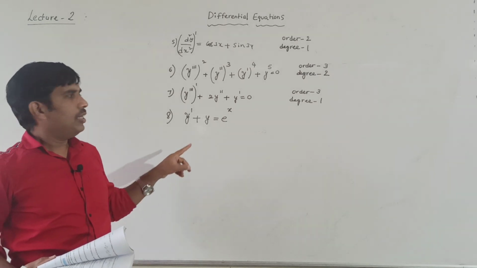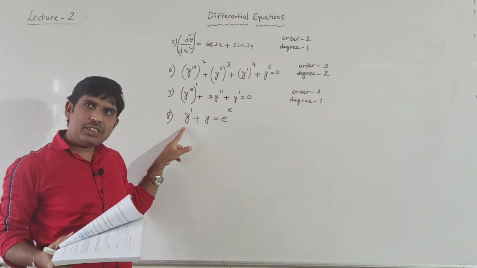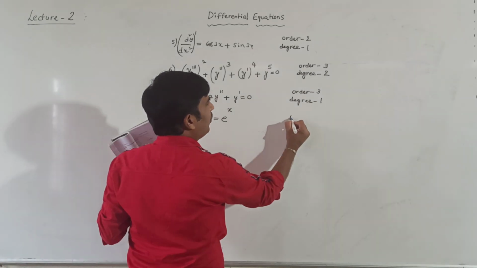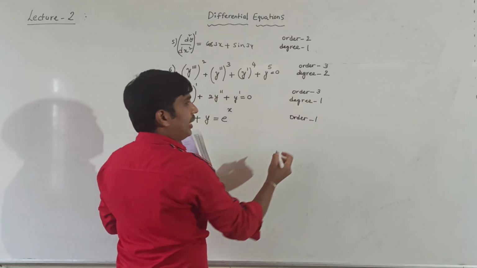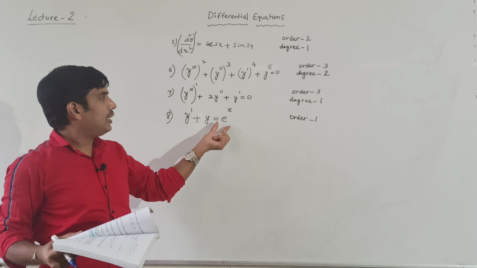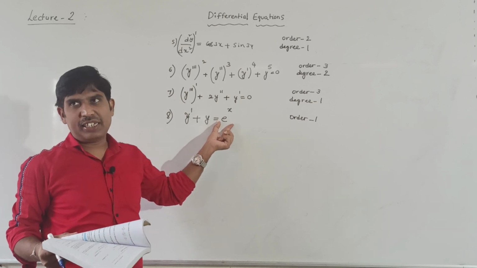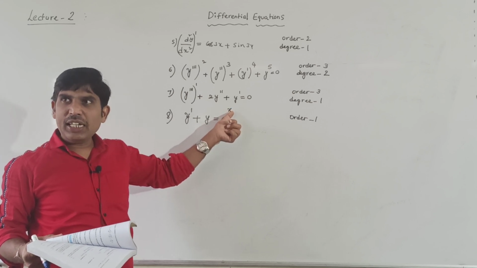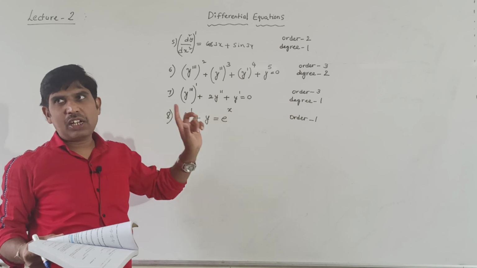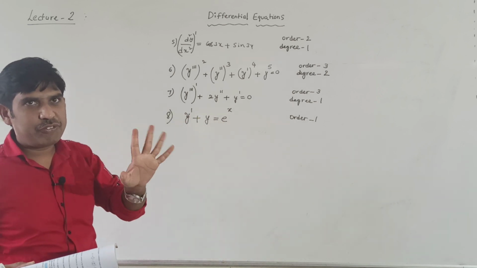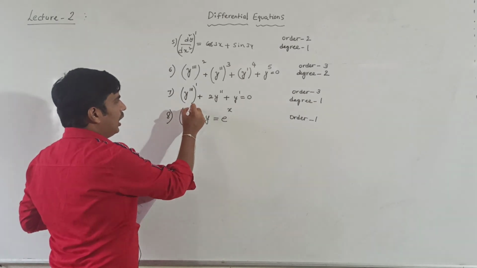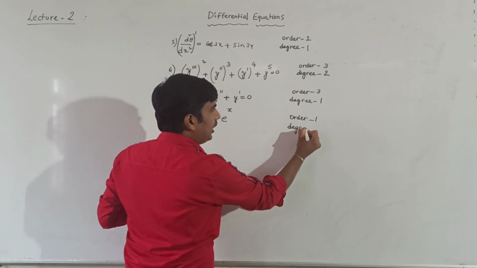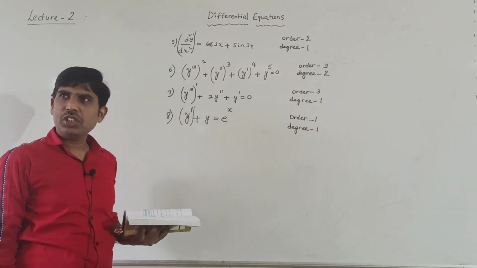1. Next, eighth one, y dash plus y is equals to e power x. Here you observe, this is the first order derivative, and it is the only highest order derivative. So, what is the order of this differential equation? Nothing but 1. Next, for finding the degree, this e power x is a transcendental function, right? But it does not include a derivative. It is just a transcendental function only. Hence, degree is defined. So, the highest order derivative has index how much?